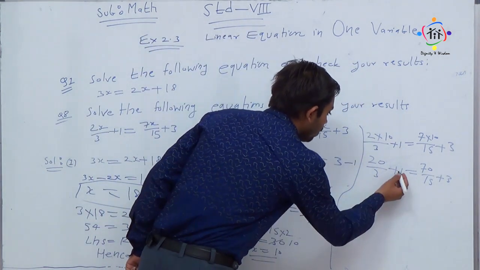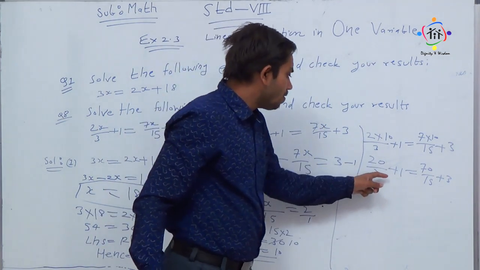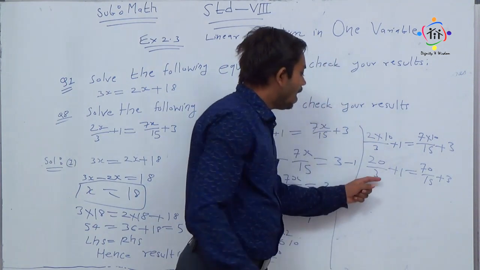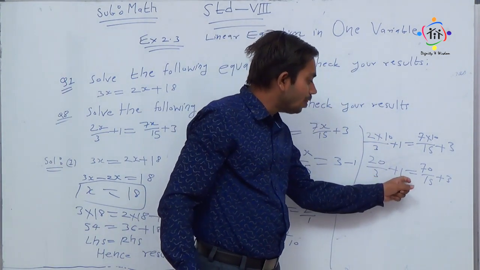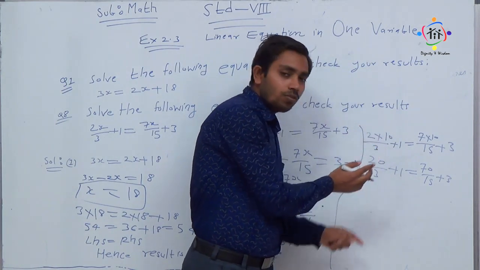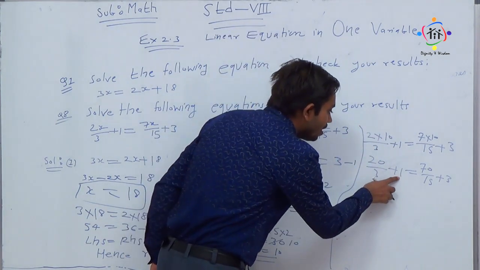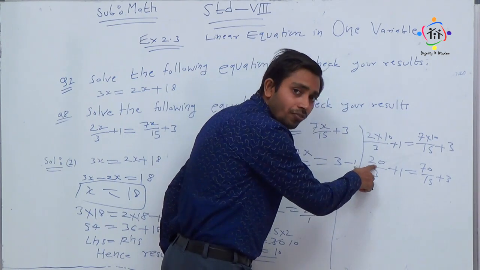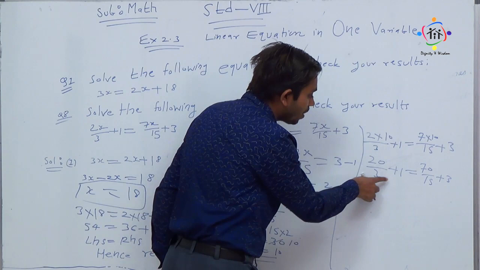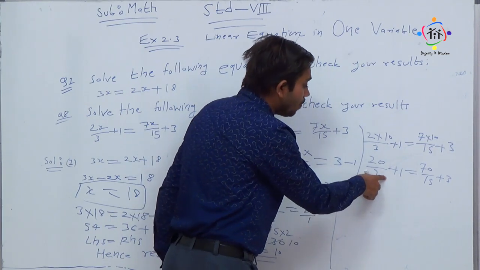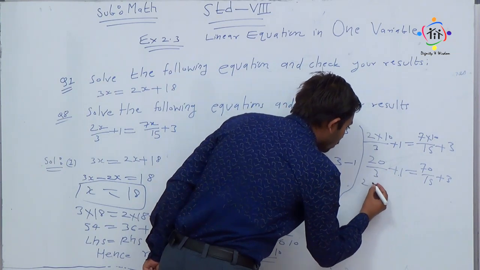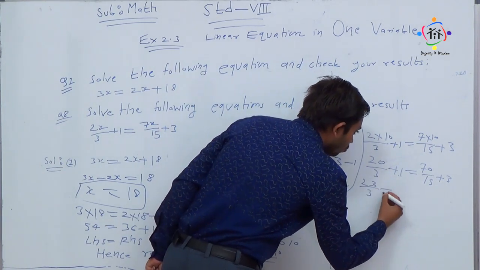Now for the 3, see here it is, my dear student, plus 1. Here nothing is in the denominator, you can take 1 and directly multiply 3 with the 1, then that 3 goes to the numerator to add to 20, my dear student. 3 1s are 3, now 3 will be added to 20. Directly we cannot add this plus 1 to the 20. First multiply, because it is in the middle. First multiply with the 3 and then take it into the numerator. 3 1s are 3 plus 20, 23 by 3, my dear students.